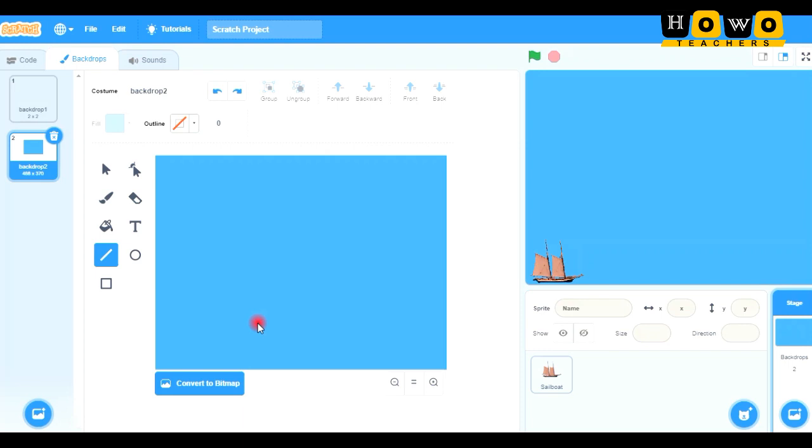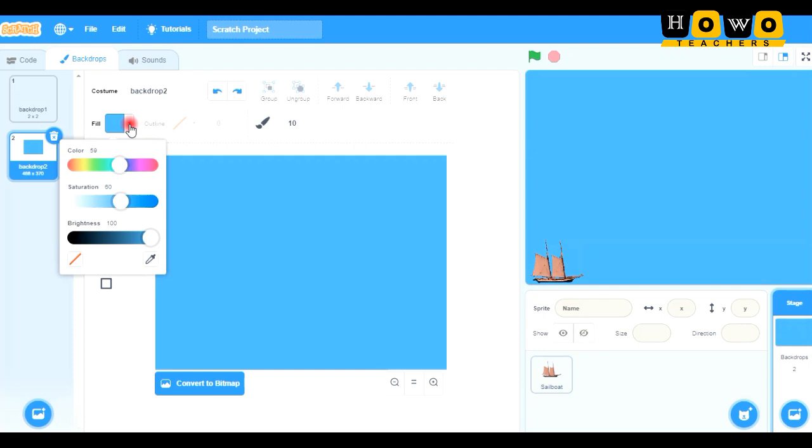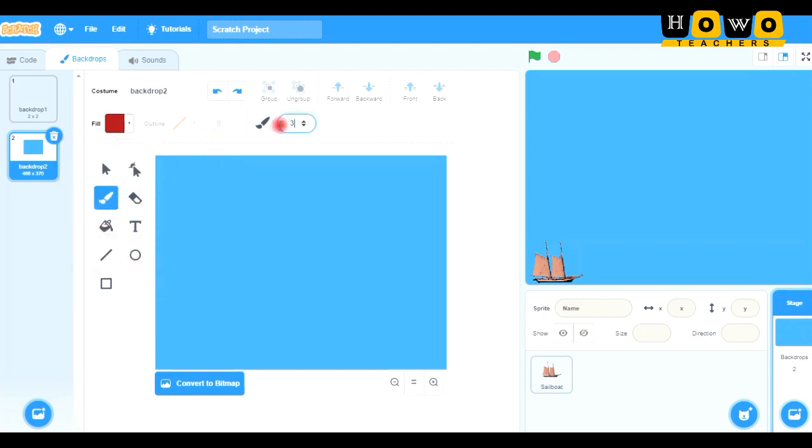After this background water, I need to add some more things. So I'm going to add something here that is going to be the border for the game. For that I need some other color. Here let us say that I need a brown color. I'm looking for a shade that is quite darker. So I think this much is fine. I'm taking this border color, and you can see that the thickness needs to be more. So I'm trying some more thickness. No, this is also very less. So I'm taking 50 here, so that my brush can have a thicker area.